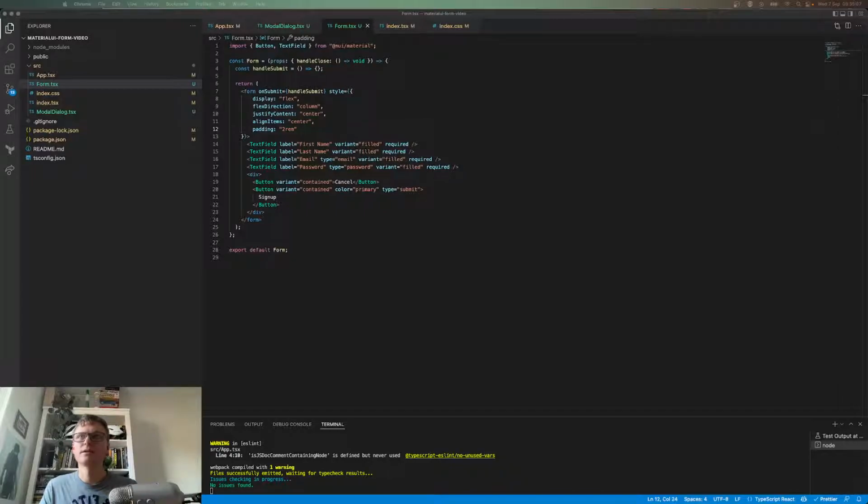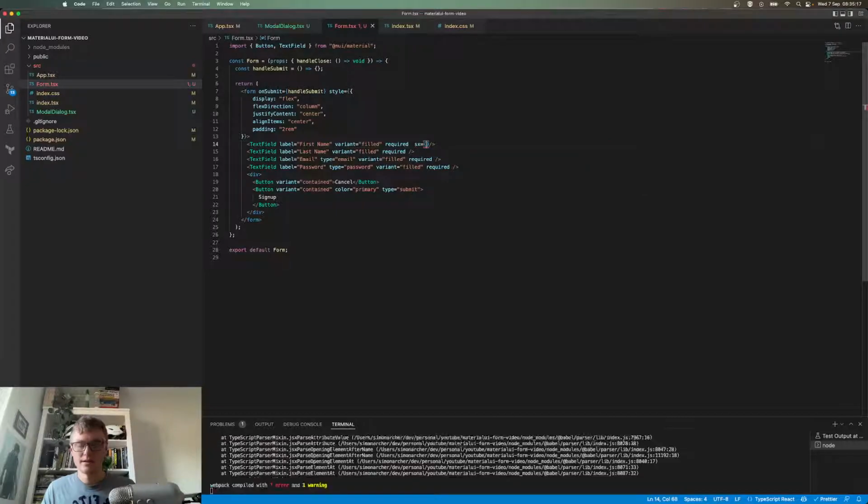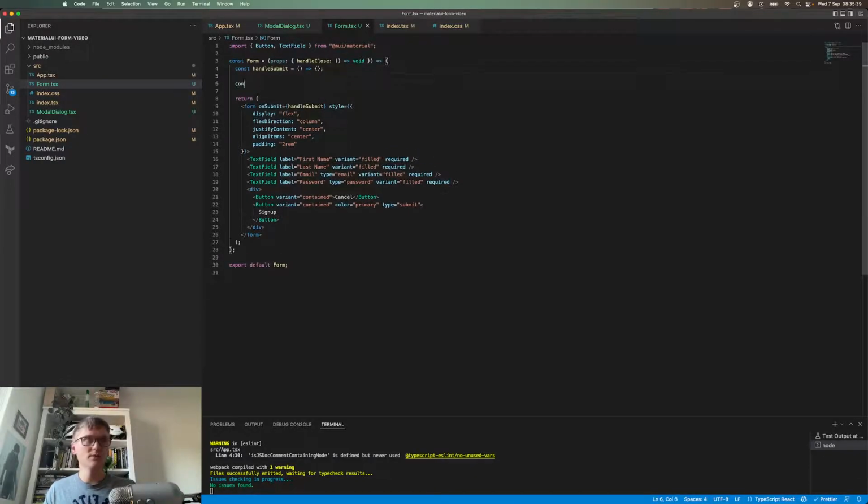Okay, next thing is adding some styles to the text field. So there's 2 ways we can do this with Material UI components. We can either pass in SX, which is similar to style, and then we can pass in our style. But I don't want to do it to all 4 components here. I want to set up a component which is text field with the styles added, and then just use that component. So that's where we get to custom styled React Material UI components. So I'm going to create this component called styled text field,